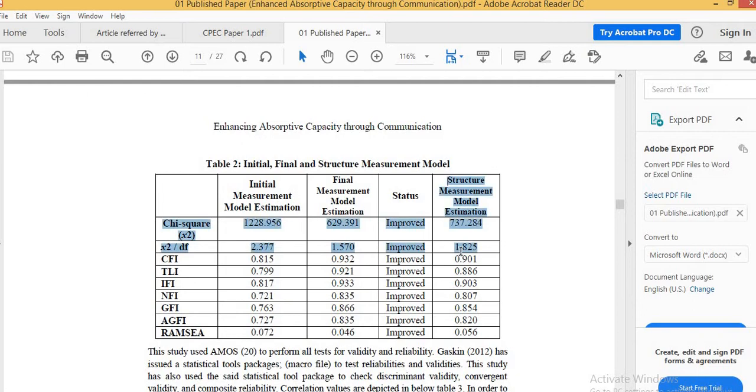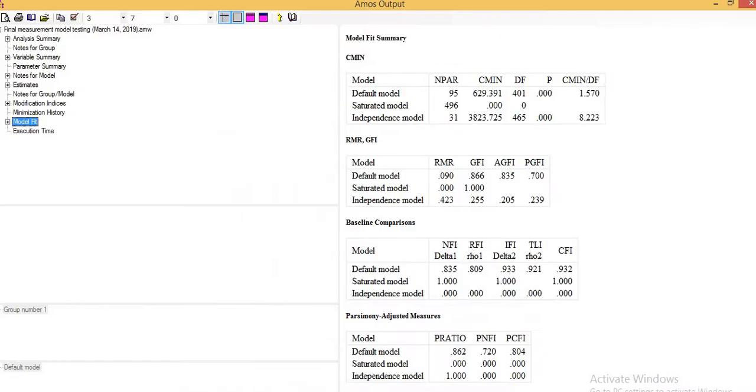This is actually the whole structure of my model, and these are the structural equation model, and these are the model fitness indices which I have put here for the variables which I have used, for the correlation among the variables which I have used, and this is the structure of my model on the basis of which I have drawn these model fitnesses. How can I draw these model fitnesses?